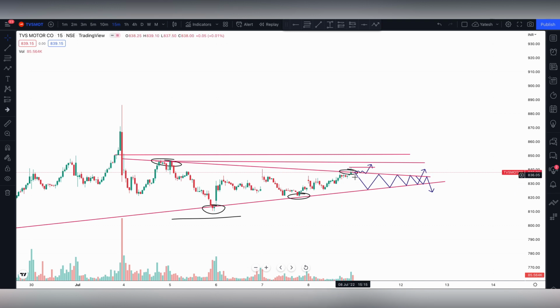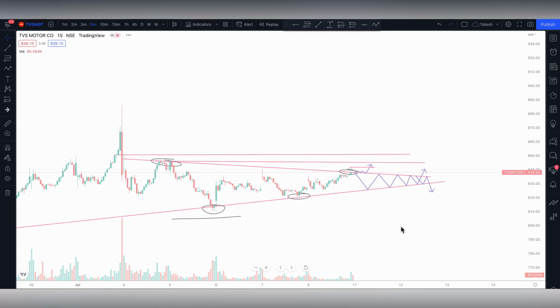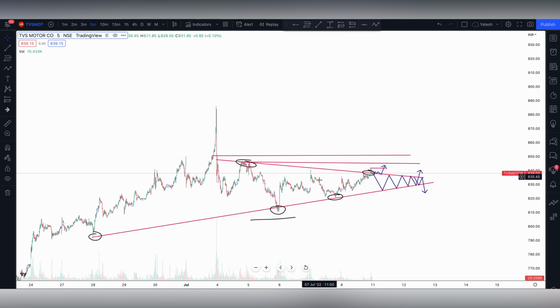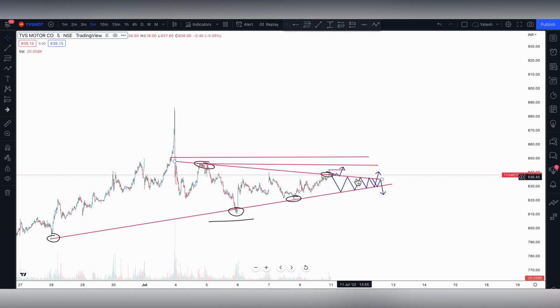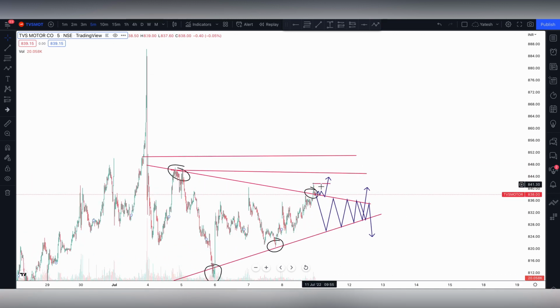For swing trading, yes, on the 15 minutes time frame we can plan our entry. But if you want a quicker entry for intraday, you have to switch to the 5 minutes time frame so that we can enter and exit quickly. Now the most important thing that you need to remember is if you enter the trade on a 5 minutes time frame, your target or your stop loss should be based on the support and resistance levels that you can see on the 5 minutes only.